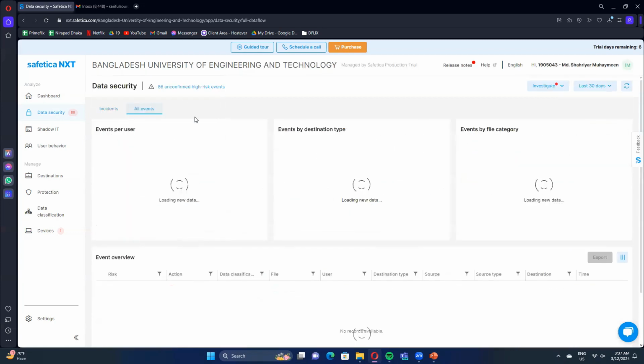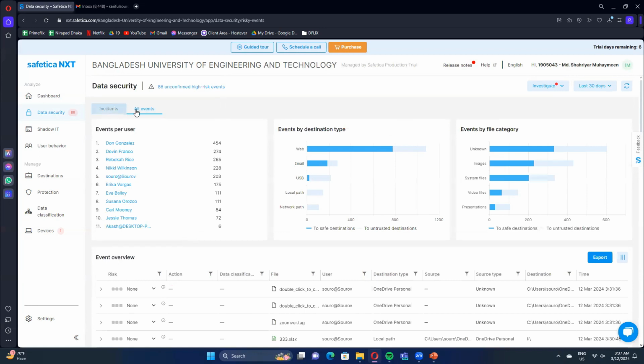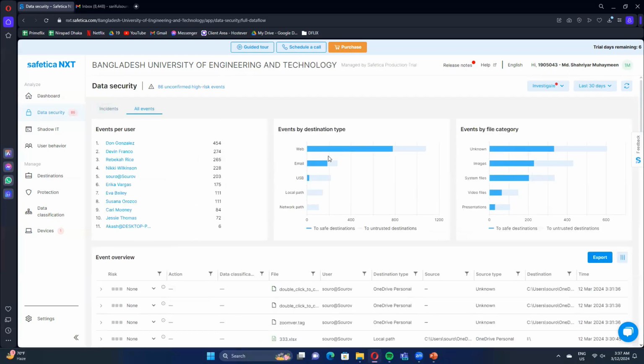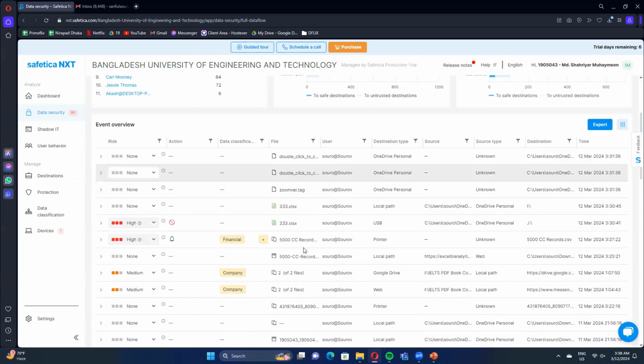And from all events, we can see events per user. We already saw this, but there it was just the last 30 days. In all events, we can see all the events logged by all users of all time. And even by destination type, we can see web browser. These are the files uploaded to Google Drive or cloud storage, and these are the files I sent through email. And it shows safe destination and unsafe destination, untrusted, unsafe. We will talk about them later. And USB devices, local pen drive, network, and then these are the file categories. What type of files is sent, image or system files or video files, and these are the event overviews